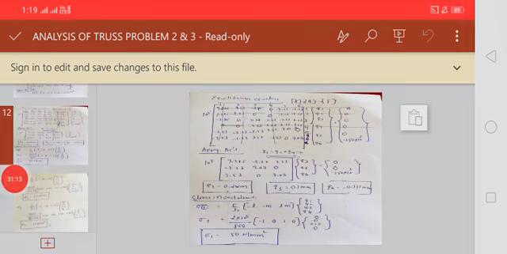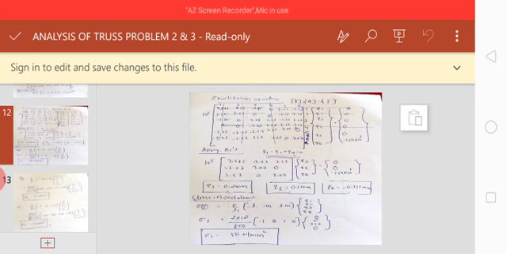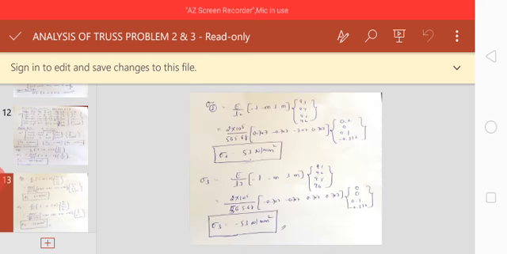Next you go for calculation of your stresses. You know the values of stresses also. Sigma 1 is equal to E by L1, I am talking about element 1, times minus L, minus M, L, M, multiplied by Q1, Q2, Q3, Q4. Young's modulus is given as 2 into 10 to the power of 5, divided by 800 mm, that is the effective length of the element. My L is equal to 1, with the negative it is minus 1, M is 0, L is again 1, M is 0, Q1 and Q2 will be 0, Q3 has a value, Q4 equal to 0. If you do it, you are going to get 50 Newton per mm square.